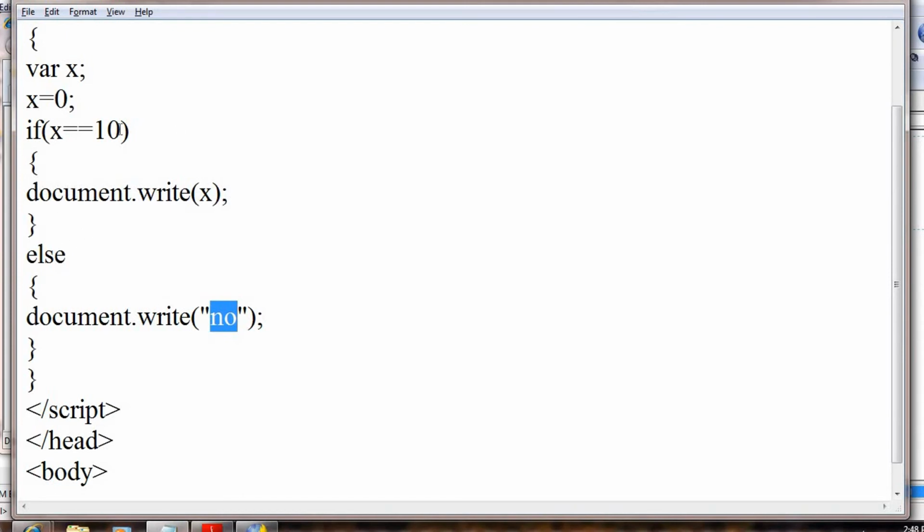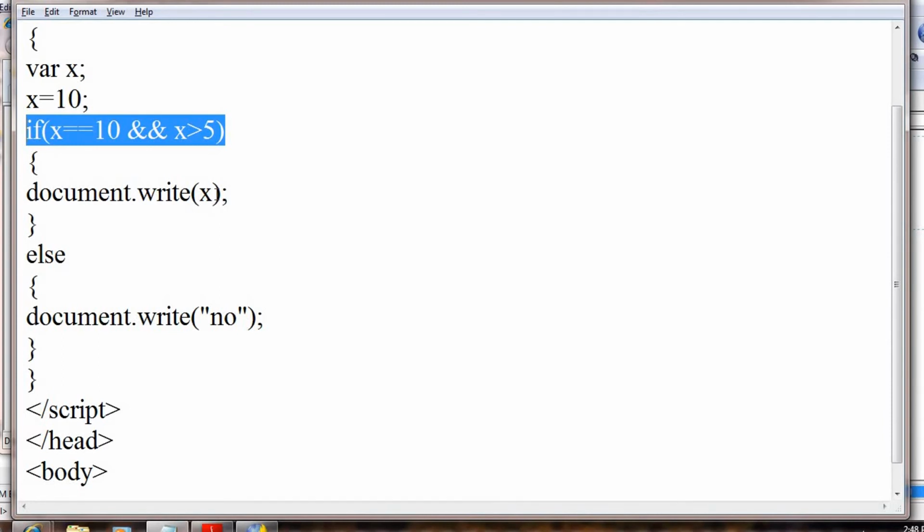You can use the AND operator. See, the AND operator: x equal to 10 and x greater than 5. If both these conditions are true, only then does the overall sentence become true, and only then will it go inside the bracket.